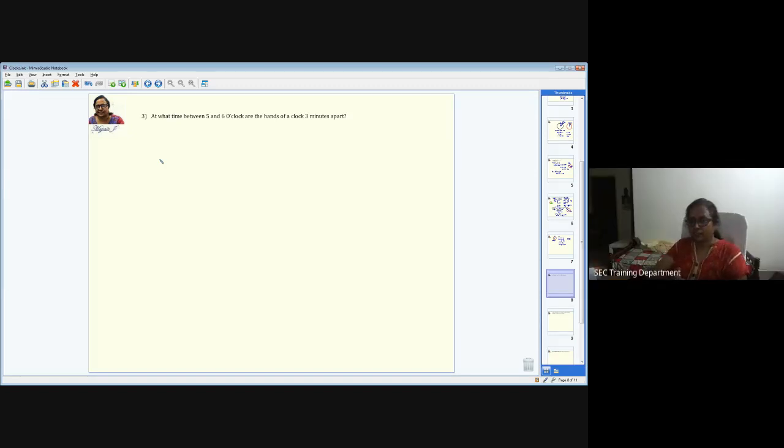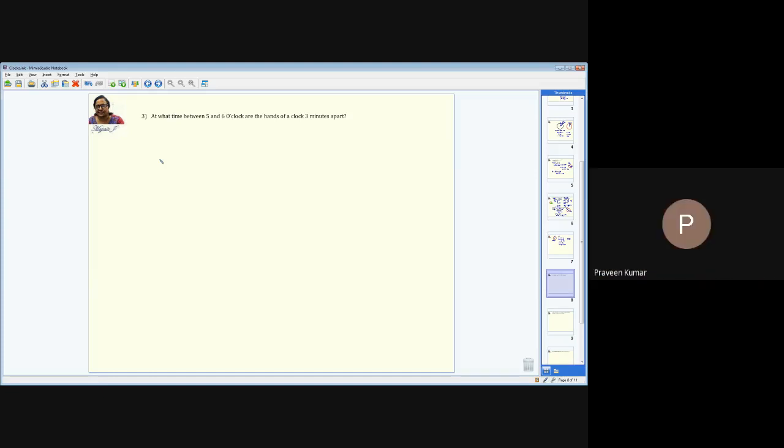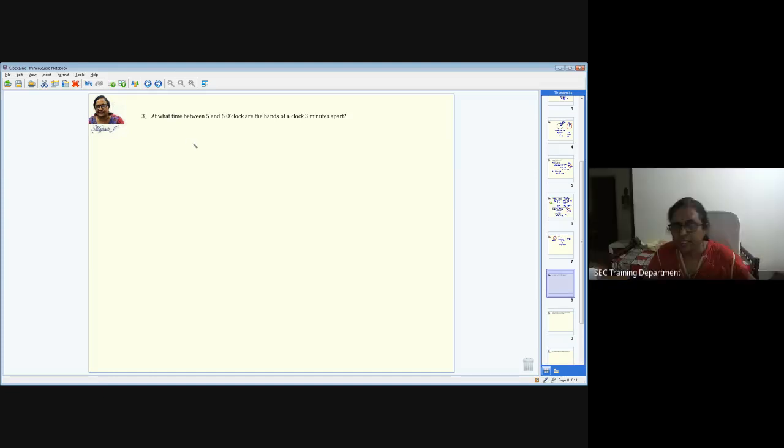Generally, 3 minutes means you know that a 6-degree difference comes for 1 minute, right? See, the hour hand, you fix it in one place. Imagine both are in the same line, hour hand and minute hand. When the minute hand moves away from the hour hand and makes an angle of 6 degrees, then we can say it's 1 minute apart, because it has moved by 6 degrees for 1 minute. So in that way, for 3 minutes, 18 degrees. You have to make the angle 18 and do it.